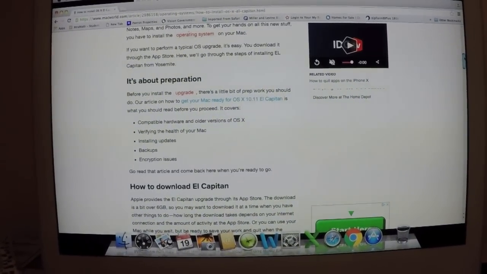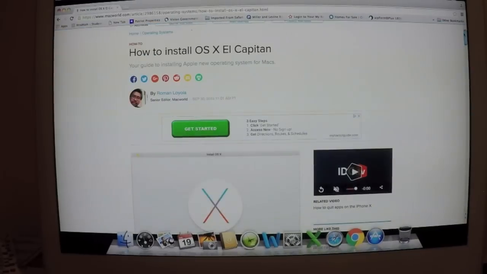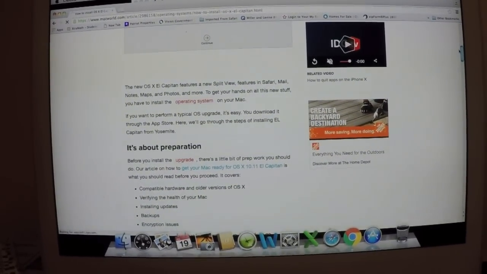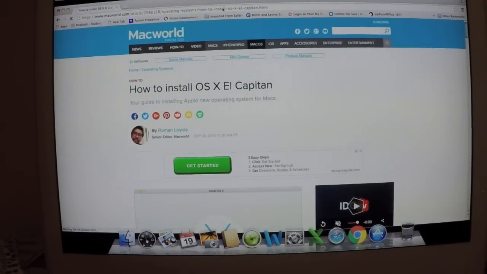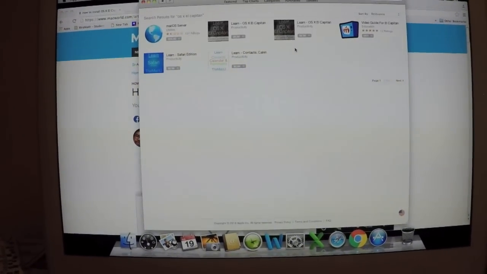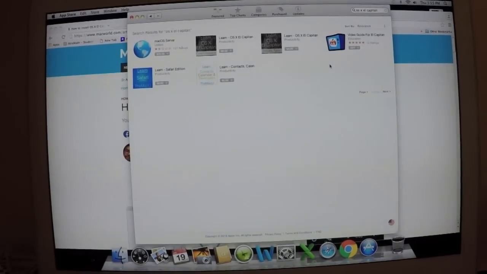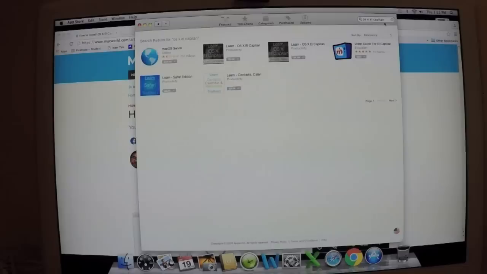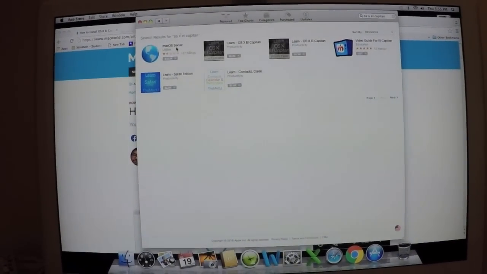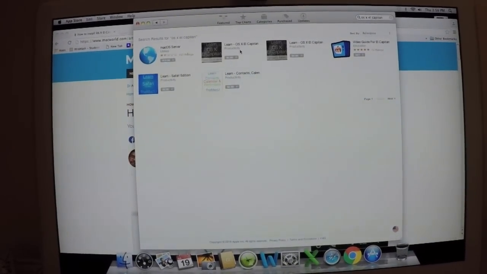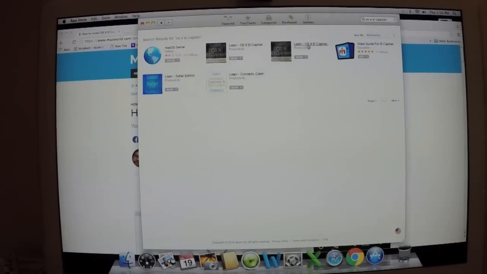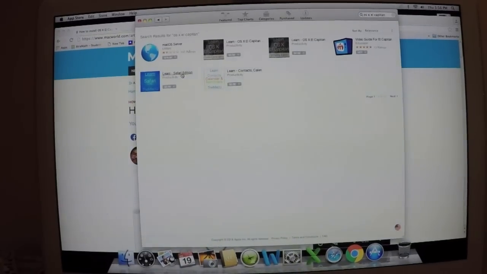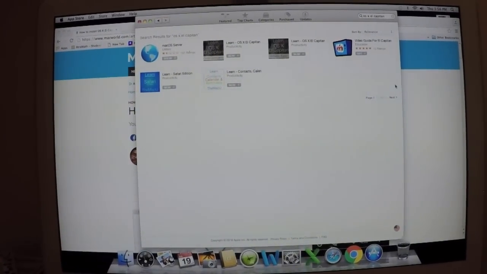Confusing? It gets better. So this article's from 2015. Hey, yay, sure, great. It's going to be all fine and dandy, except for one problem. They tell you to go to the App Store, and if you go to the App Store, you cannot find it. Of course, you can find High Sierra right there on the home page. But if you search even for OS X El Capitan or El Capitan, all that comes up are these things. This is Learn OS, Video Guide for El Capitan, Learn Safari Edition, Learn Contacts. There is no